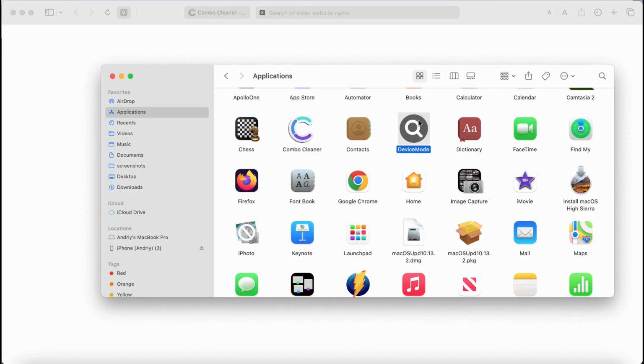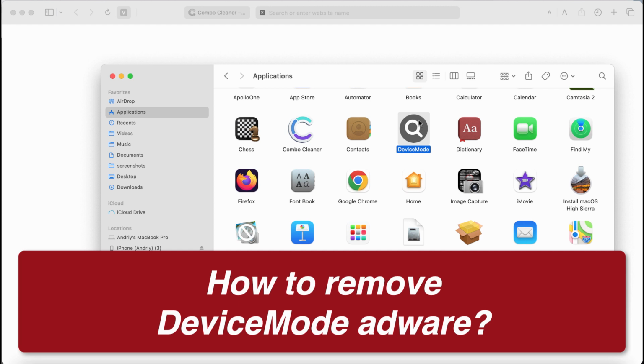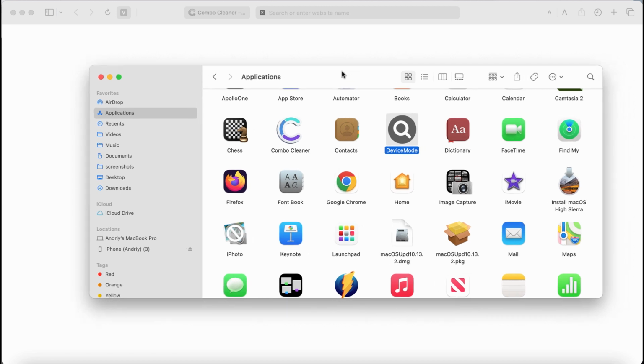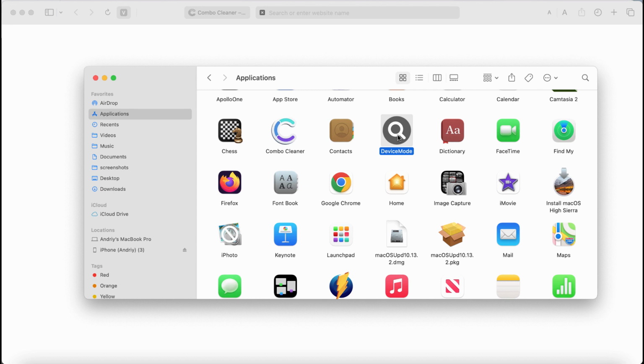My video tutorial will provide you with instructions that will help you to remove the new adware called DeviceMode. DeviceMode stands for a new adware from the Adload family of adware type infections. DeviceMode adware, once installed, may periodically display its really intrusive advertisements not related to the sites that you actually visit. And if this DeviceMode was somehow found on your computer, you need to undertake the measures and get rid